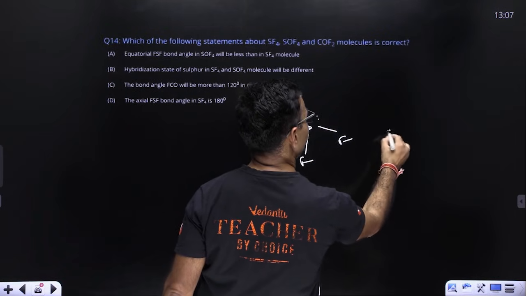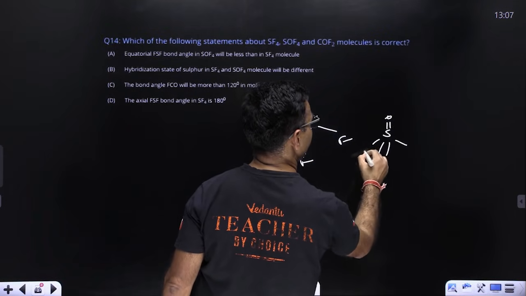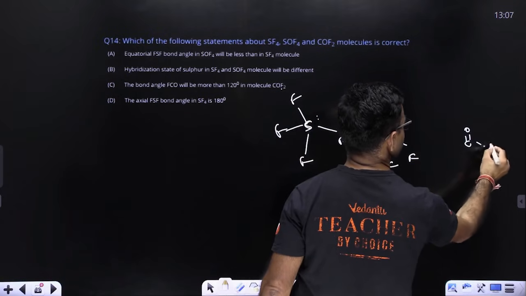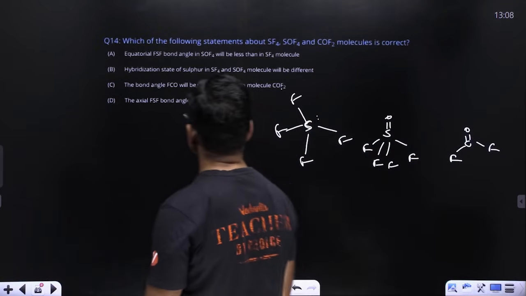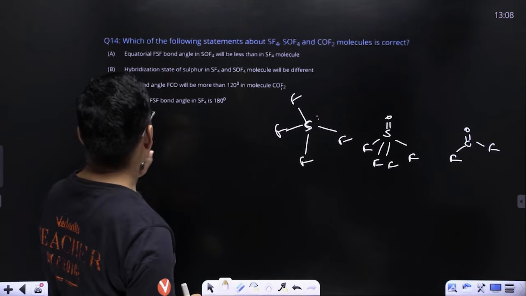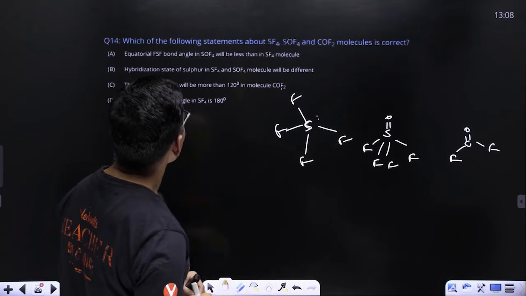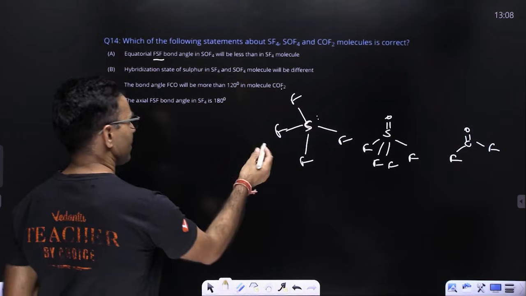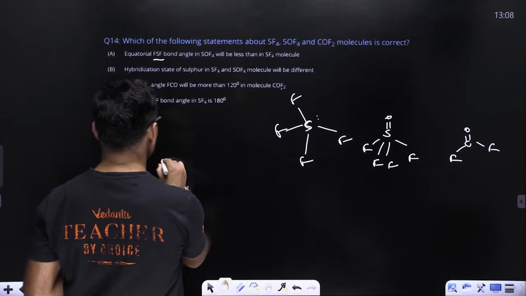एंड SOF4, यहाँ पे कोई लोन पेयर नहीं है एंड COF2। ये आपके पास 3 मॉलिक्यूल हैं, इनके बारे में ही ऑप्शंस में दिया हुआ है, तो हमें फाइंड आउट करना है द करेक्ट ऑप्शन। इक्वेटोरियल SF बॉन्ड एंगल इन SOF4 इज लेस देन। अब ये जो आपका SF4 और SOF4 है ना, ये बेसिकली TBP